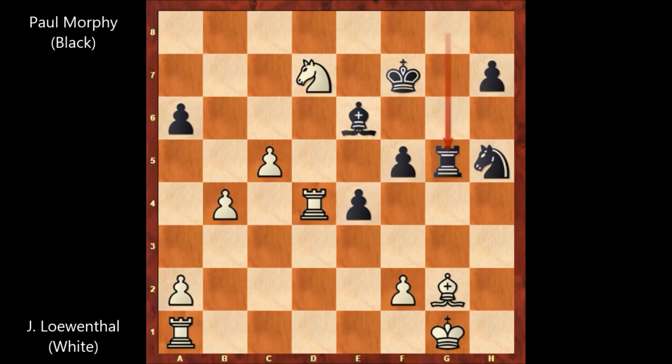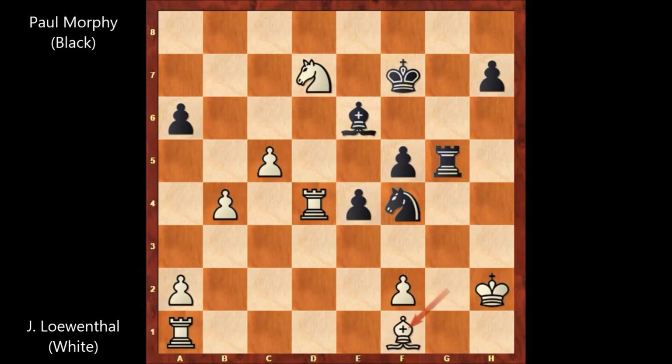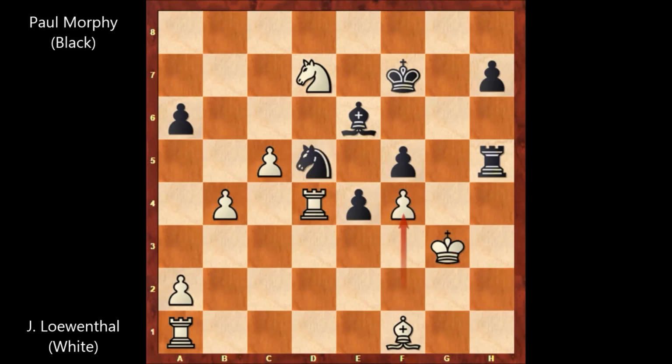Well, Paul Morphy's last hope is knight to f4, and the bishop is pinned. But Loewenthal is easily defending, and he played king to h2, knight to f4, attacking the bishop. Well, I think Paul Morphy needs to resign. Loewenthal is a rook up, and it appears that there is no compensation for black. So after knight to f4, we have bishop to f1, rook to h5, king to g3, knight to d5, f4,